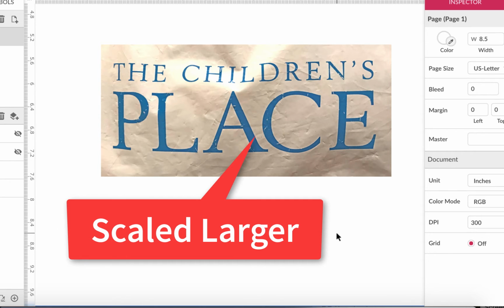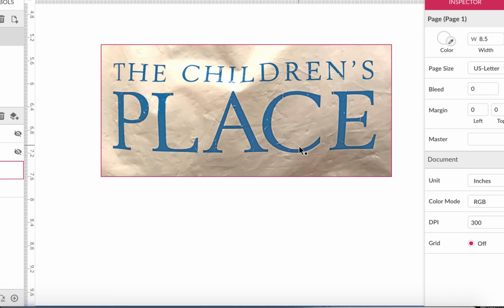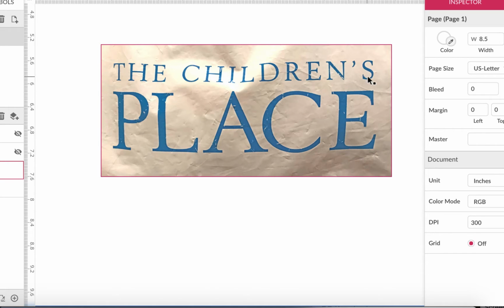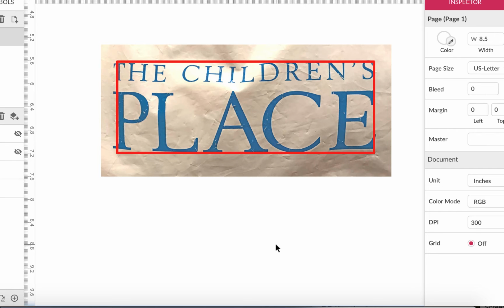Now, what they did with Children's to make it even lighter and to make place seem a little bolder, even though it isn't, is they spread out the tracking, the letter spacing on this. So I just wanted to point that out, and they brought it kind of closer together so it sits on top like a little hat or a roof or something on there, so it kind of makes a rectangular shape, and it kind of makes a logo. So this is a perfect example of a text-based logo using just one font, and the contrast strategies they're using